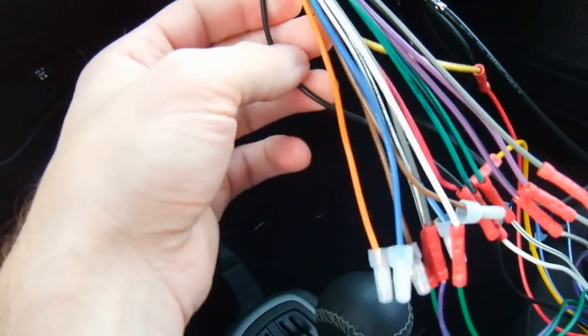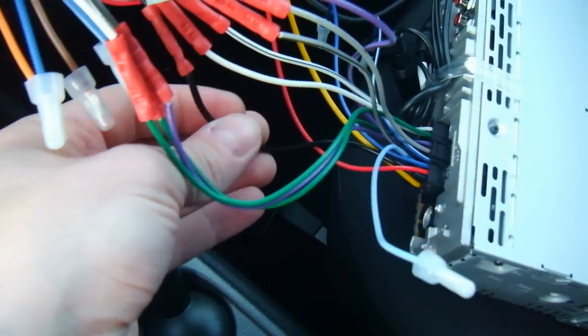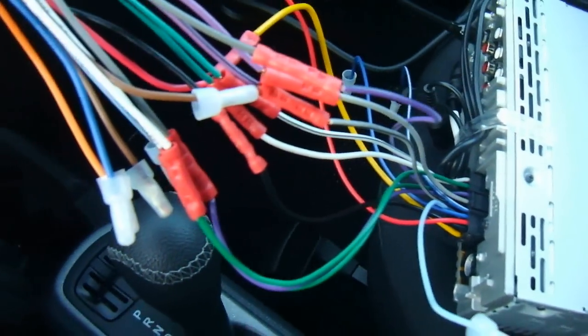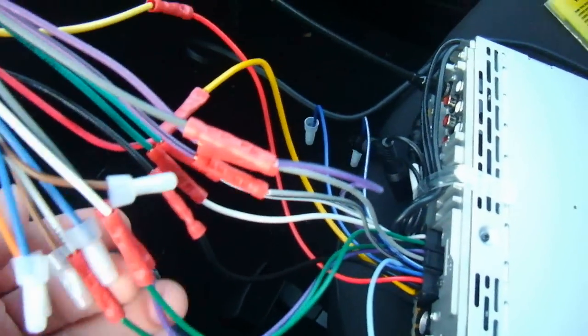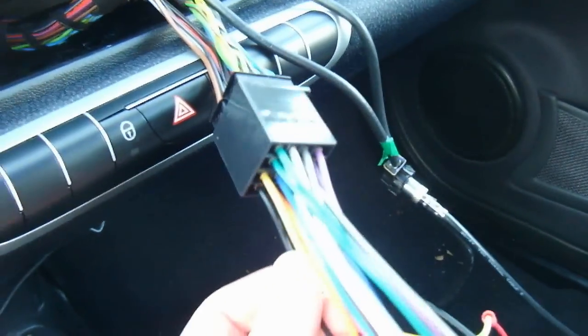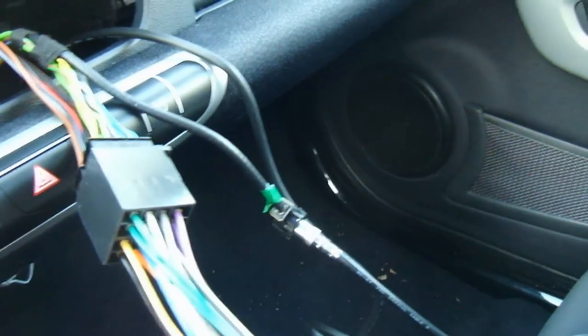And the grounding wire from your stereo may need to just be cut off, because sometimes they come with these little things that connect to a grounding bolt or something. So just cut it off and connect it to this black one under here. That's the grounding wire. The other one, this yellow wire,